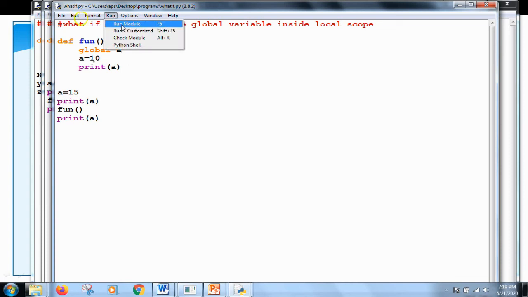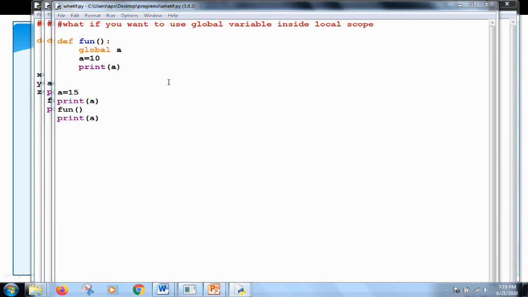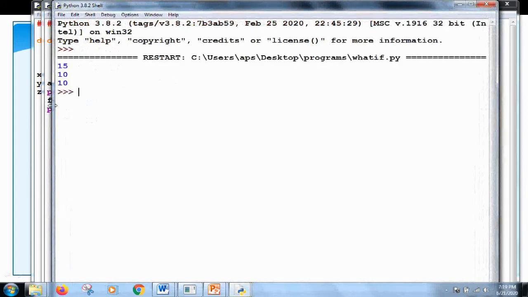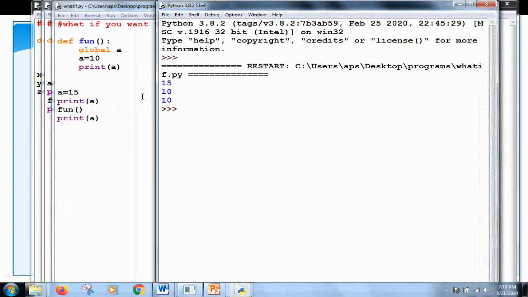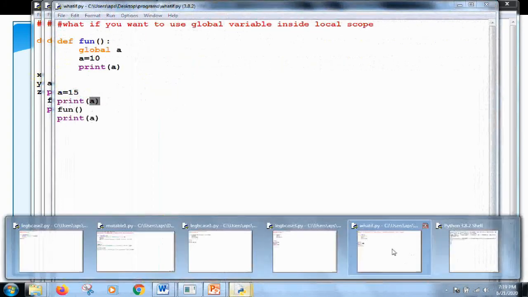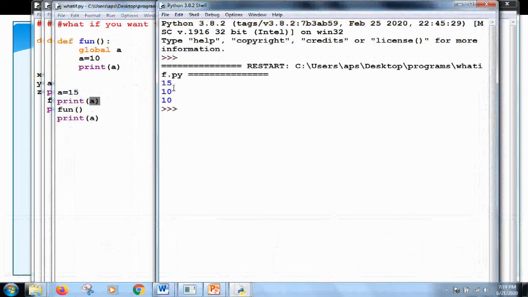See, I am running this code and you can check this. First a is equal to 15 is printed, then again we come there, global a is there, then a is equal to 10, it is going to print 10.